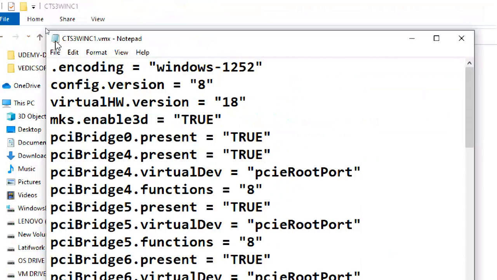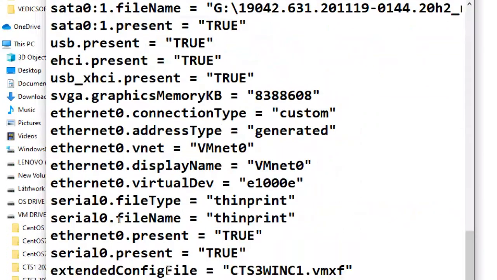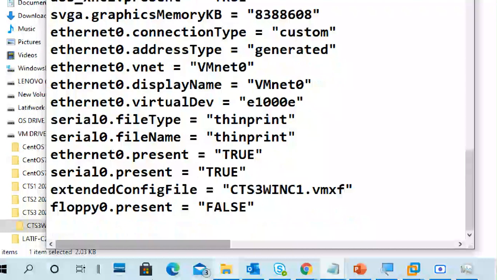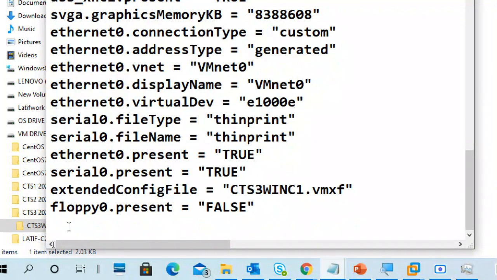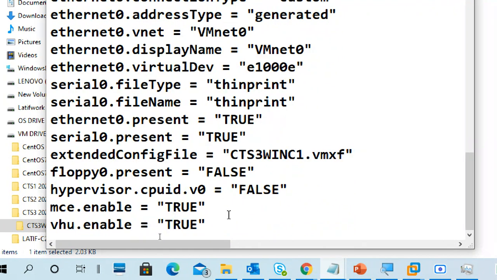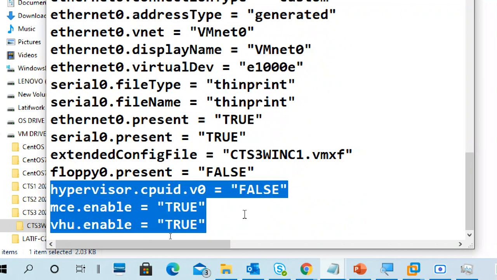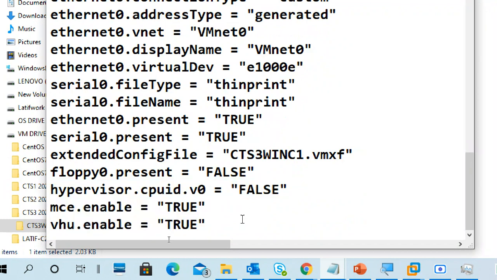Once it is showing like this, scroll down to the end. You can find something like floppy0.present = false, and paste these three lines. All of it is shared to your WhatsApp.